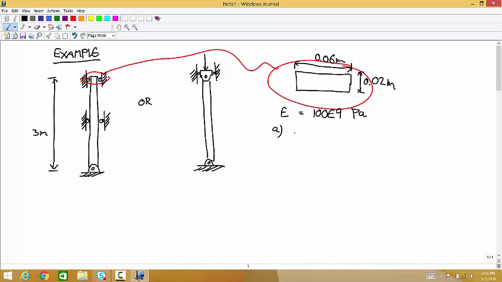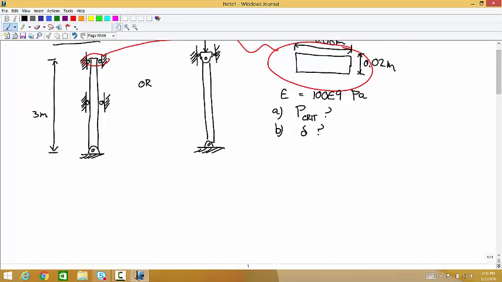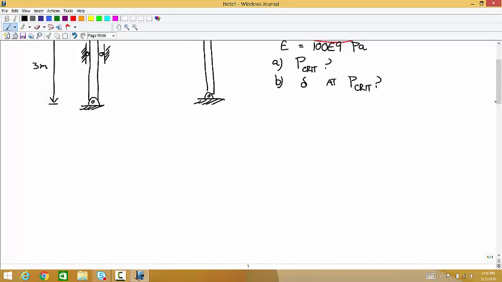And we want to figure out first what's P critical, and second, what's the elongation at P critical? Well, it definitely takes a lot more thought if you have to derive the formula, but I'm just going to give you these formulas. So P critical